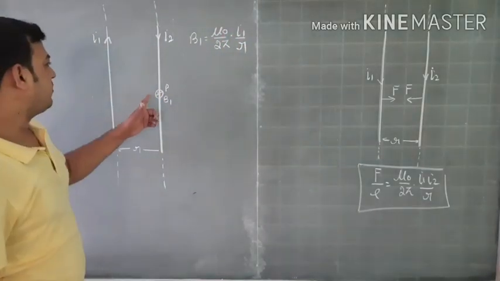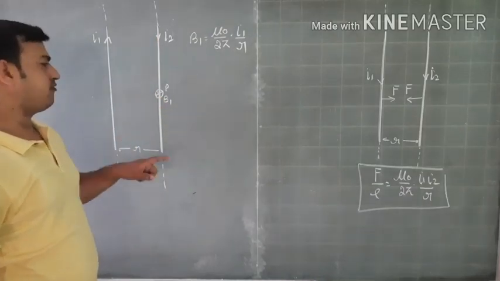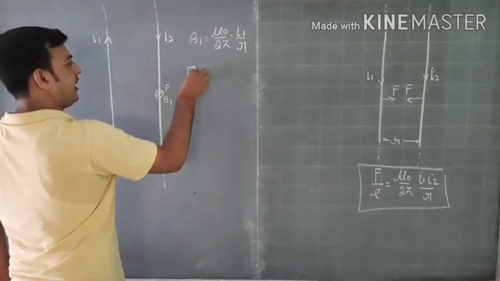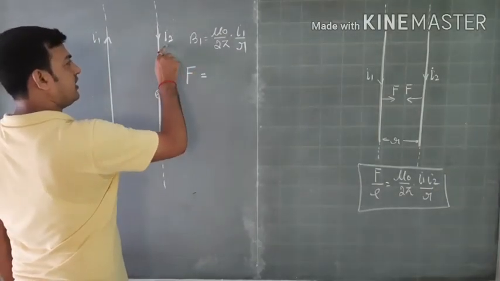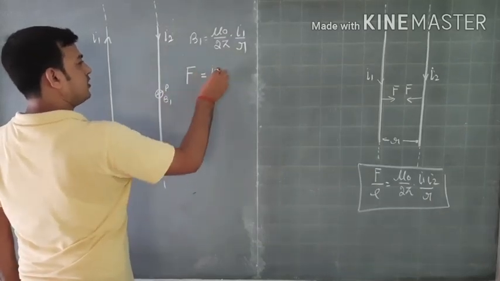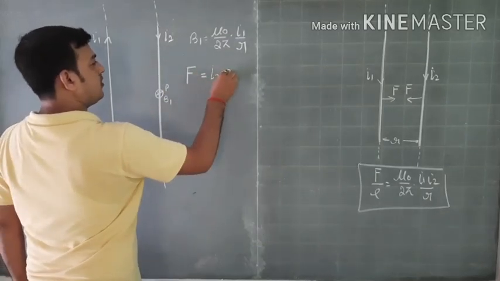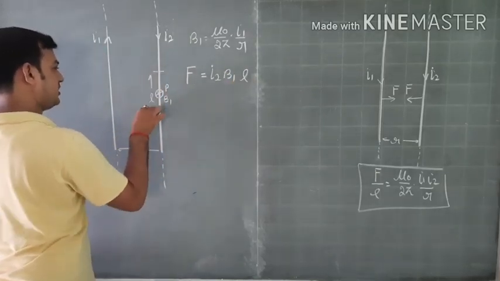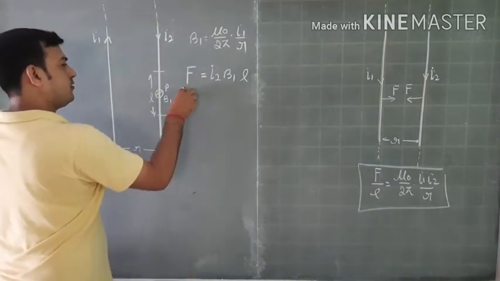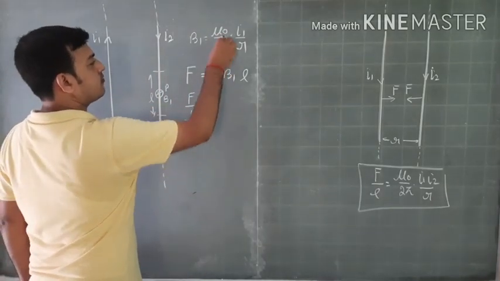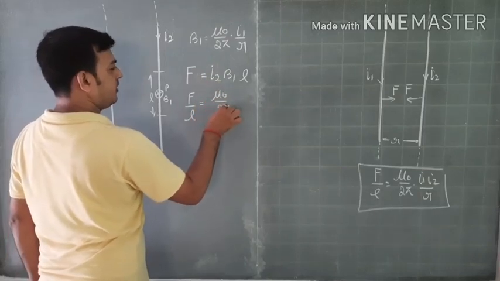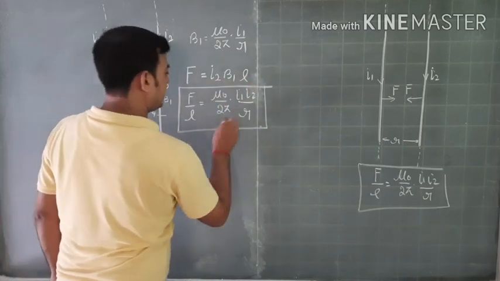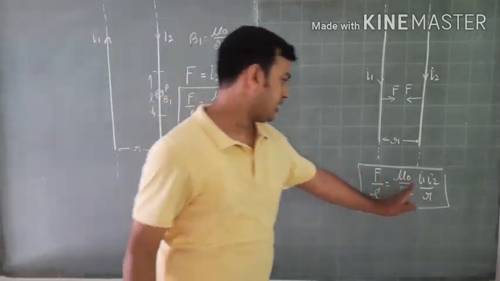Now as you know, once again the current and the magnetic field are both perpendicular to each other, so the force will be maximum, and that force, say F, is current in the wire I2, the magnetic field B1 here, and L, the length of the wire. So consider I am taking this length of the wire only. Now if I put the values here, I will get mu naught by 2 pi I1 I2 by R. So the right hand side says that the magnitude of the force is exactly the same.